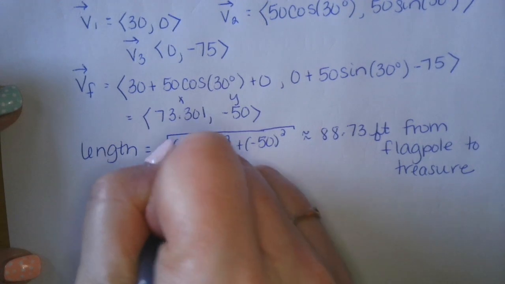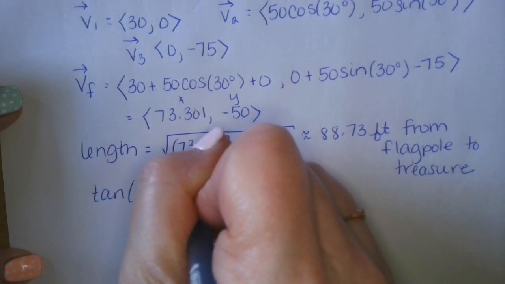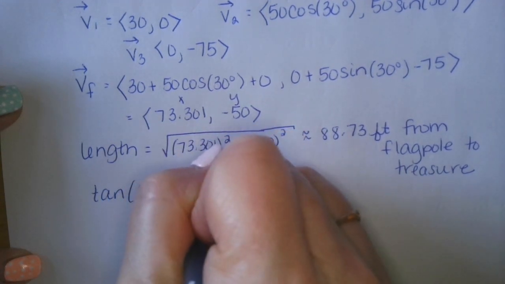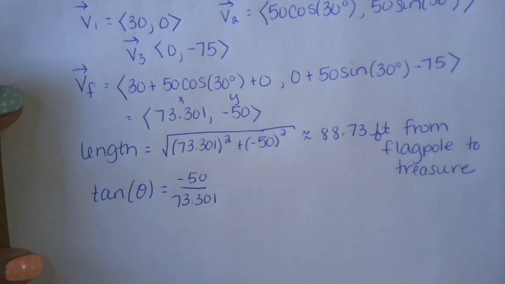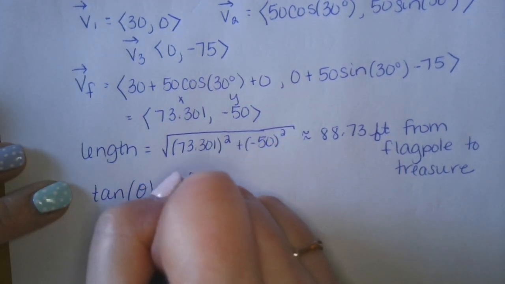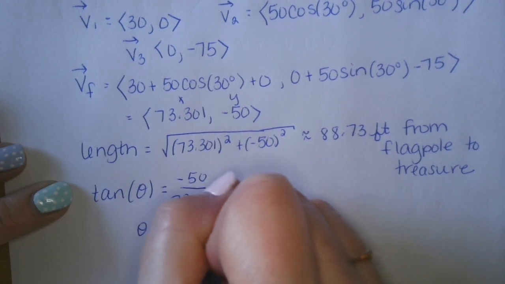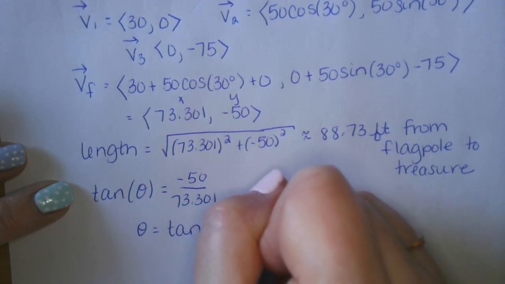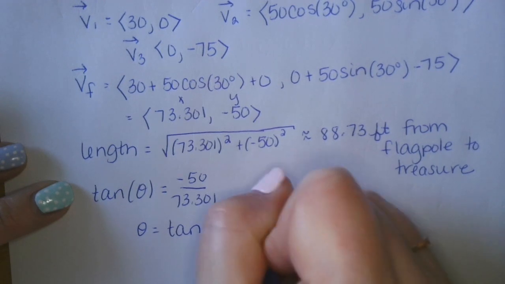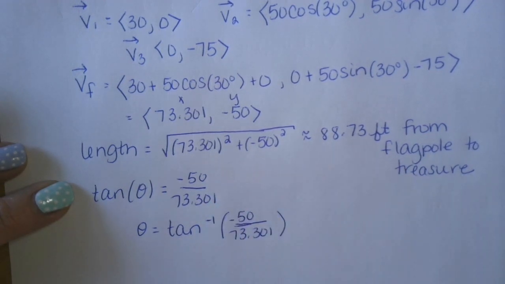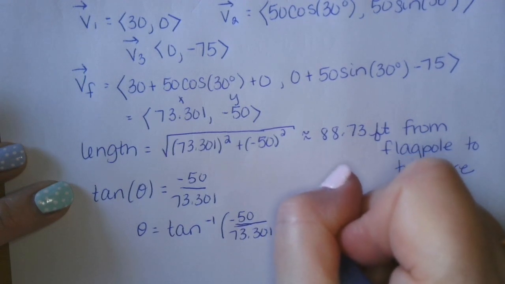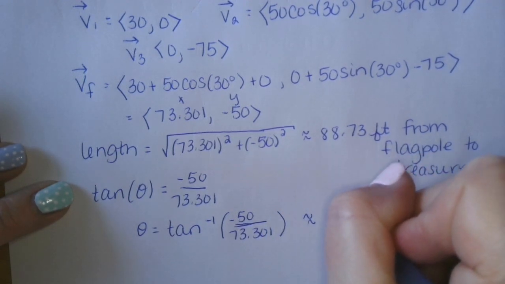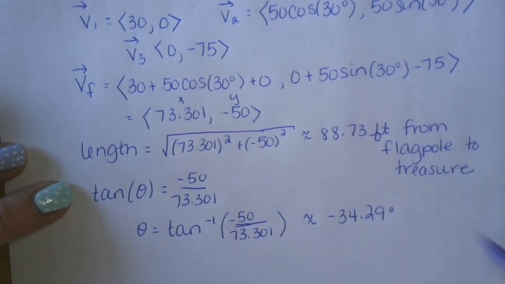I know tangent is the same as our y value over our x value. And if I want to find theta, we're going to plop into our calculator the inverse of tangent of negative 50 over 73.301. And we'll get approximately negative 34.29 degrees. We know that that's going clockwise, so we will be heading